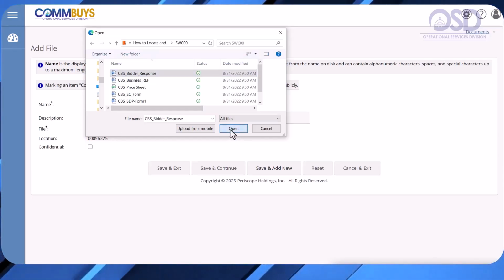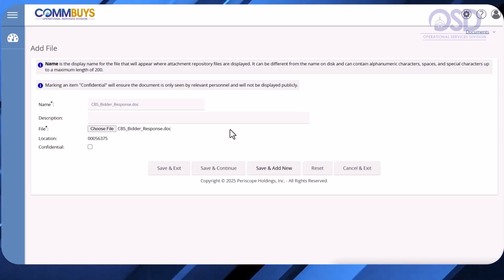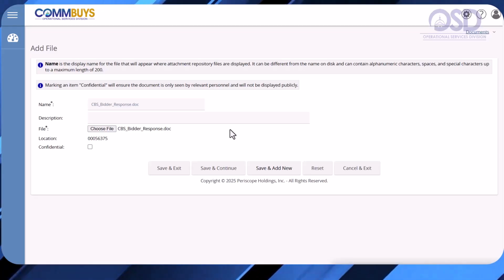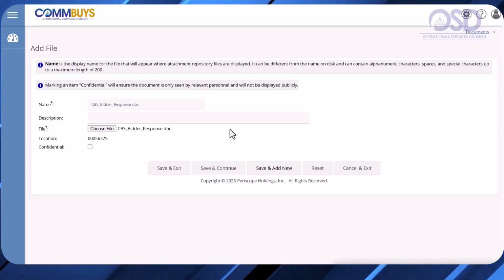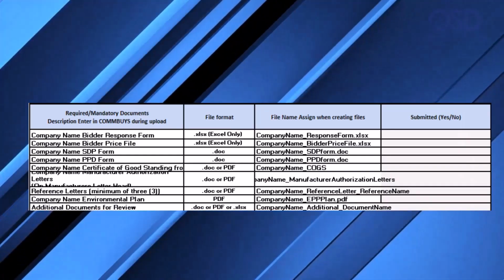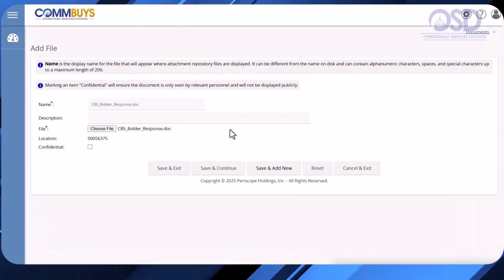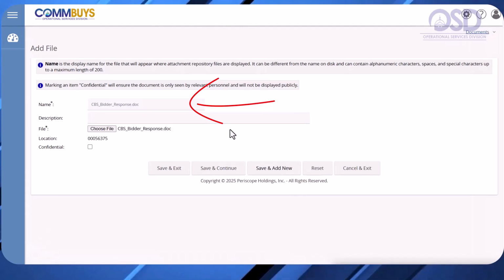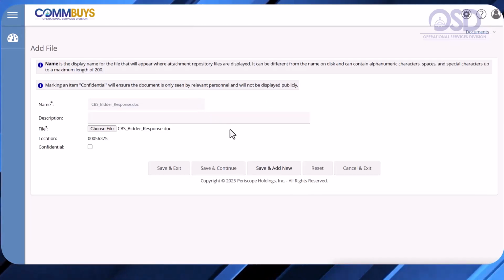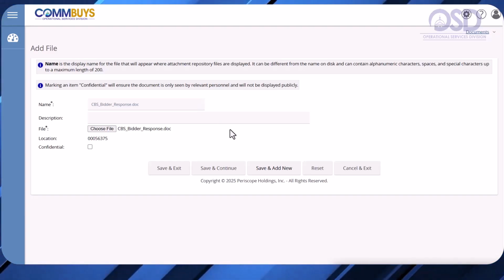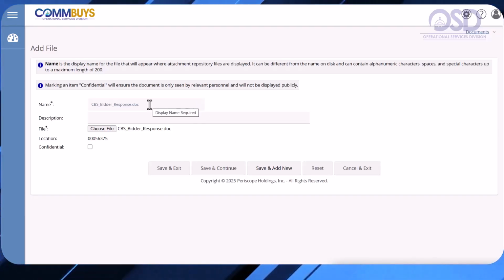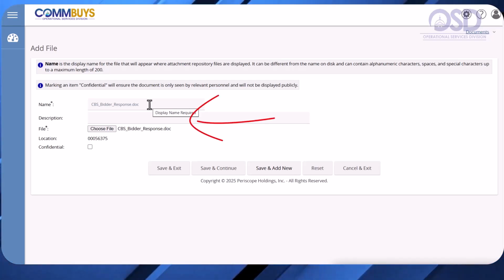Combise populates the Add File box with details of the file. In the example, most of the files follow the RFR prescribed naming convention. If the name of a saved file does not match provided instructions, you can rename it easily. Just type the correct name into the name field. You also have an opportunity to add a description of the file, if the RFR directs you to do so.